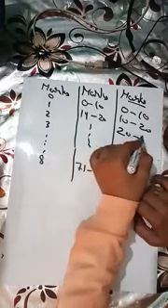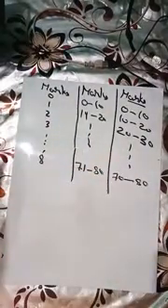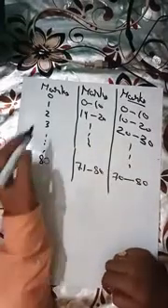Then another one is 0 to 10, 10 to 20, 20 to 30, and so on. Now, what is the purpose of writing in these three forms? This is also marks from 0 to 80. This is also representing marks from 0 to 80. This is also 0 to 80.